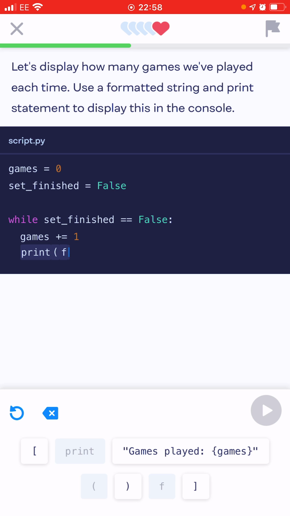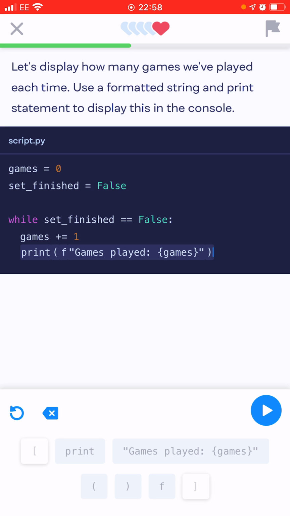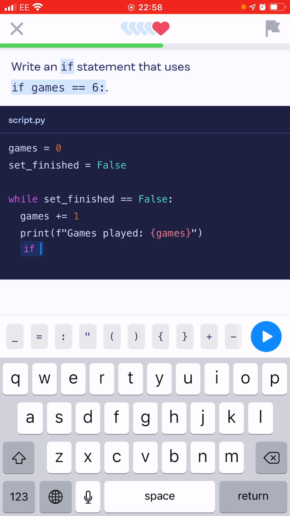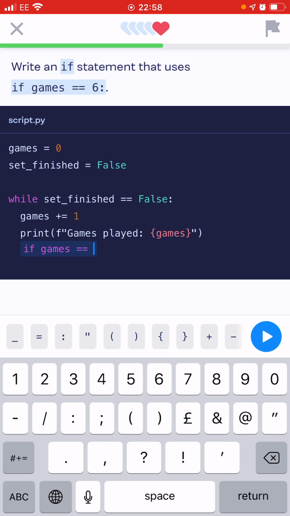So f, games played, we'll consult the number of games, close the bracket. Brilliant. And then we write an if statement that uses if games equals 6. So if games equals 6,